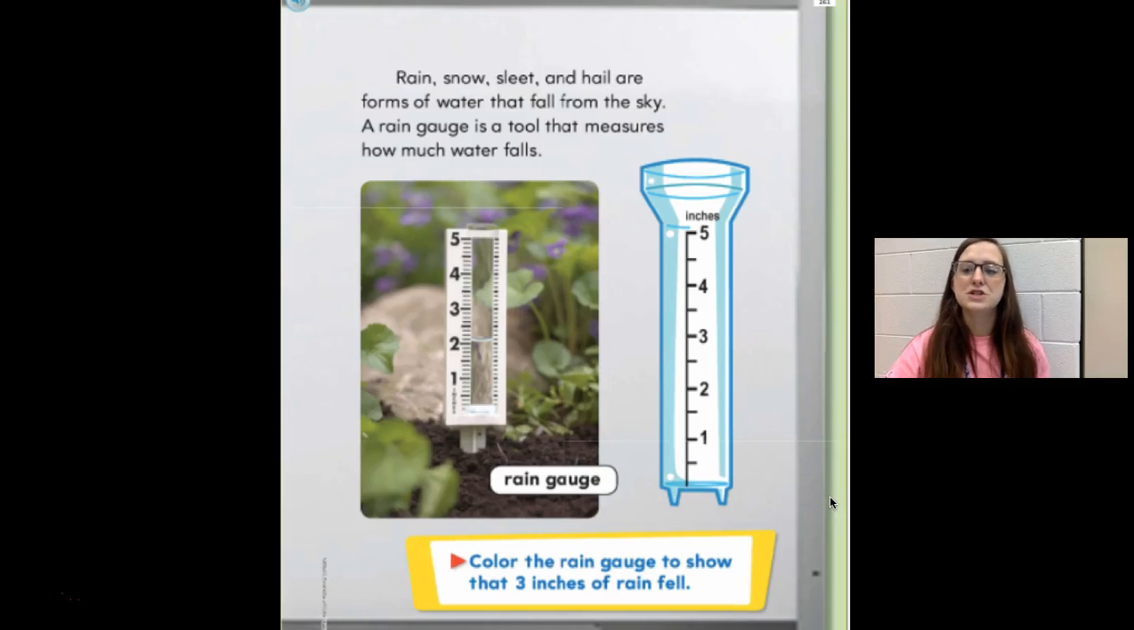Now let's move on to page 261. We're going to start at the top and read about another weather tool. Rain, snow, sleet, and hail are forms of water that fall from the sky. A rain gauge is a tool that measures how much water falls. So this is a picture of a real-life rain gauge that looks like it was stuck in a garden. And as the rain falls, raindrops get collected in here, and you can see that on this day about 2